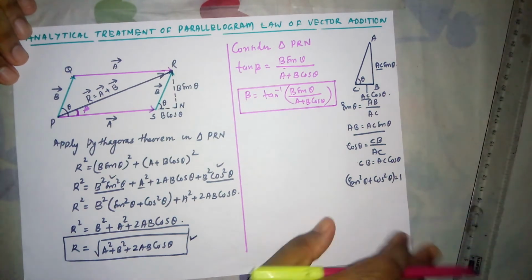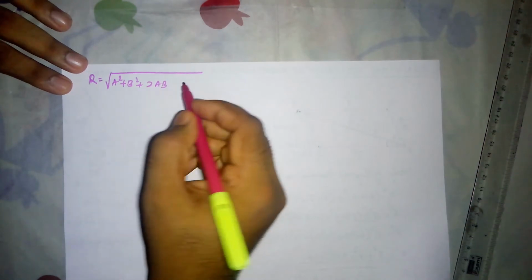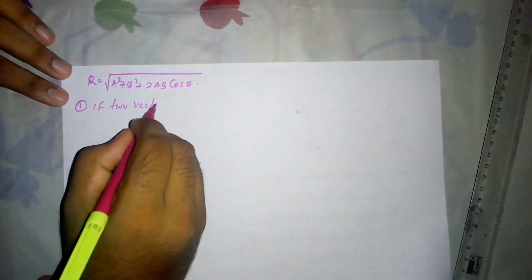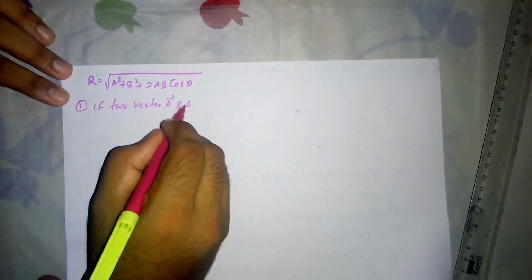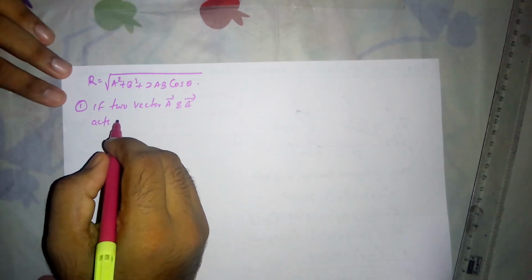Now let us discuss some special cases. See, what is our general expression for the magnitude of the resultant? That is the square root of A square plus B square plus 2AB cos theta, right? Now let us consider the first case. The first case is if two vectors A and B act along the same line,